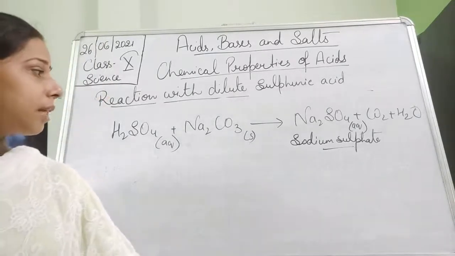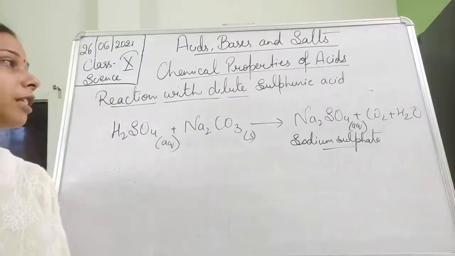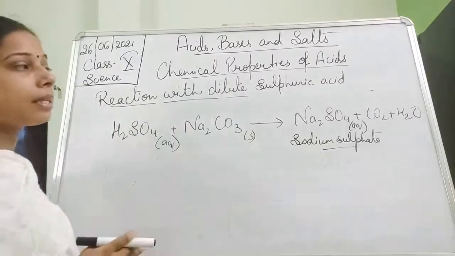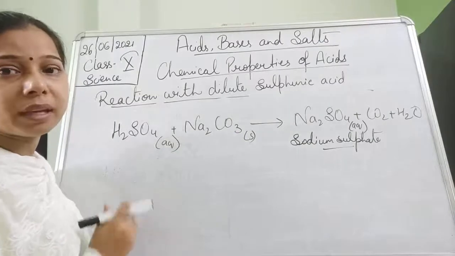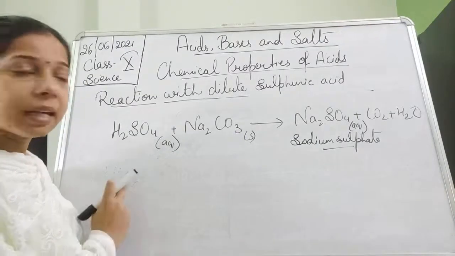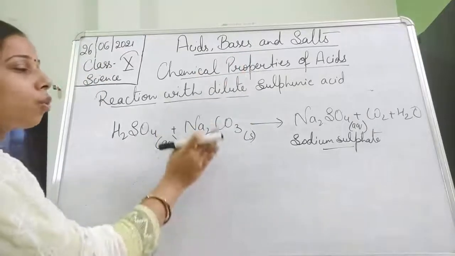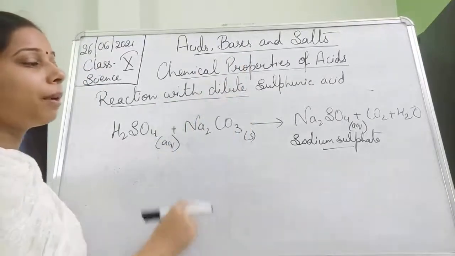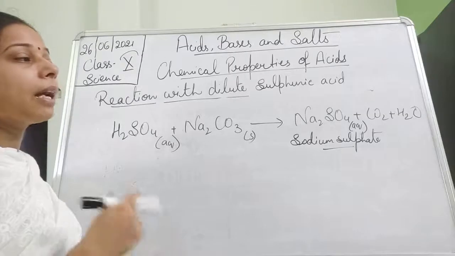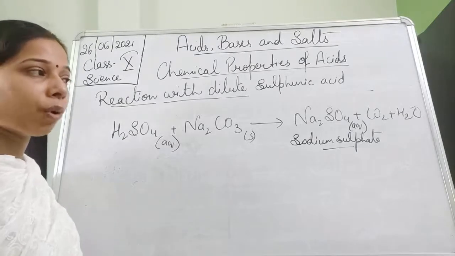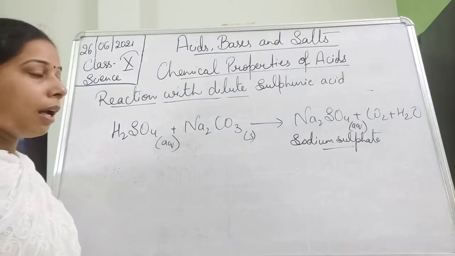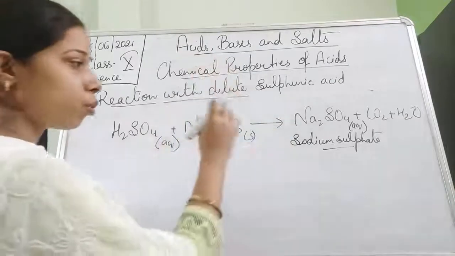Here also it is the same. If we continue the same reaction with the other kind of acid like dilute sulfuric acid, taking dilute sulfuric acid and making it react with sodium carbonate will help in forming sodium sulfate, carbon dioxide is released and water is released. Now we have taken an example of sodium carbonate.